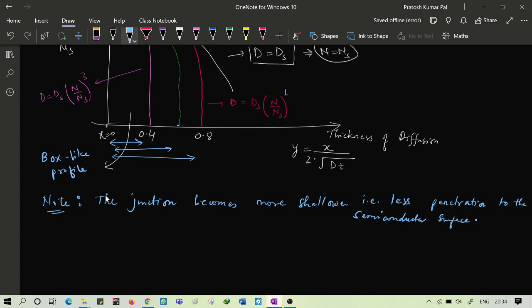That means here the junction has become more shallower, that means there is less penetration to the semiconductor if it is having a higher order relation with respect to the concentration. So the junction becomes more shallower, that is less penetration of semiconductor surface with respect to